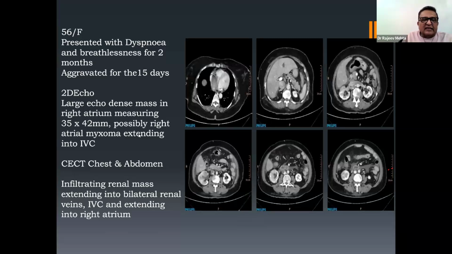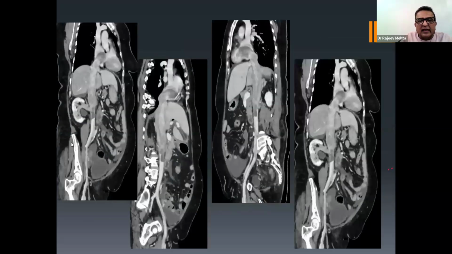So they advised a CT scan of chest and abdomen to see the precise extent of the tumor extending into the IVC. And to our surprise, what we found was a large infiltrating type of renal carcinoma involving almost three-fourths of the kidney, extending into the ipsilateral renal vein and also into the IVC. Now, this is the